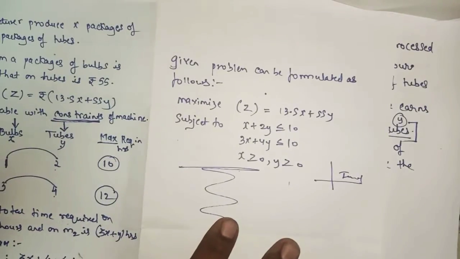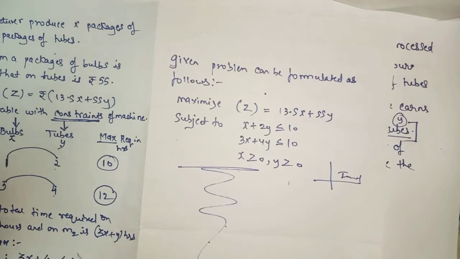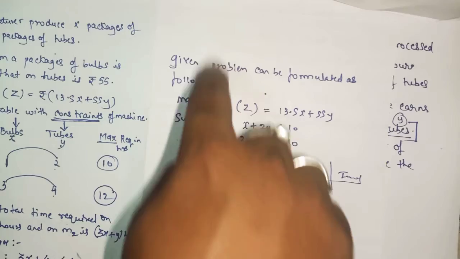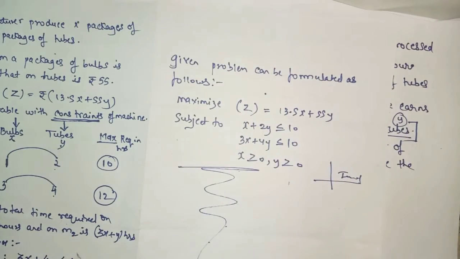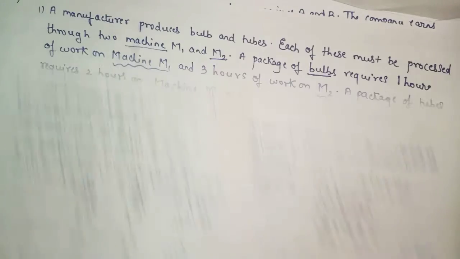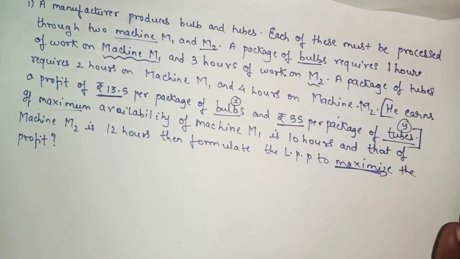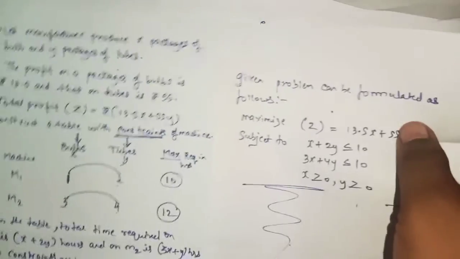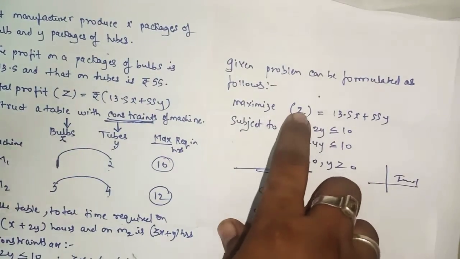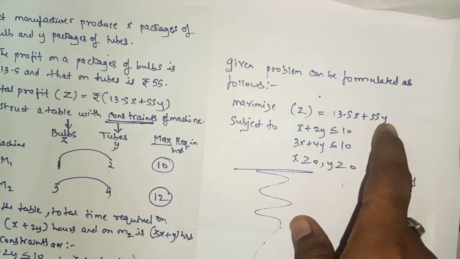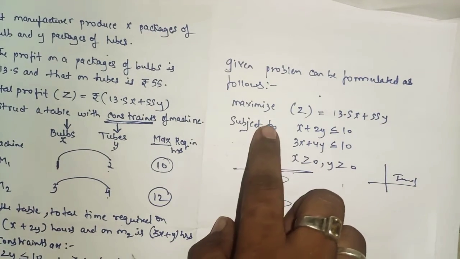And the last step, as it says that we have to formulate the LPP, in this way you will write. First you will write maximize, as in the first sum. It is based on maximizing the profit, yes or no? Maximize the profit. So here we have to find the value of z as maximize. So z equals 13.5x plus 55y. Subject to,